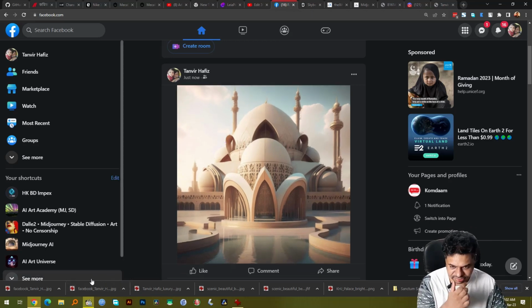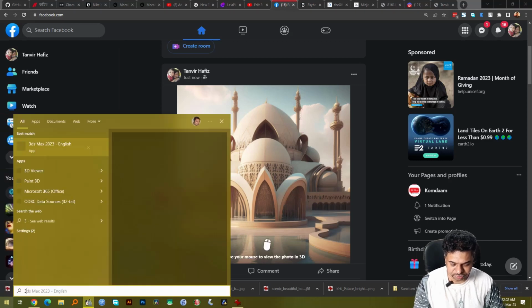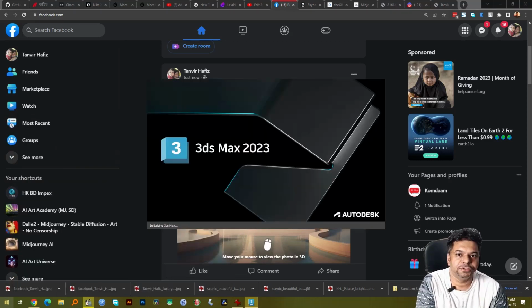So for that, let's open our 3D package, which is 3D Studio Max. If you do not have 3ds Max, you can always use the free Blender version. All of the functions of any 3D software are easily convertible or easily found in all of the other software. So you will find the displace map function in Blender as well. Because I have been using 3ds Max for such a long time professionally, I'm much more comfortable showing it